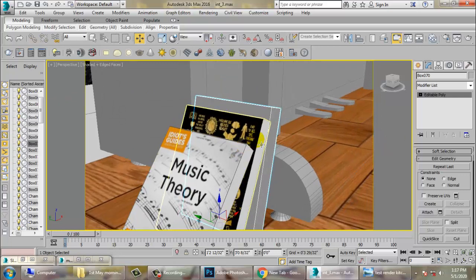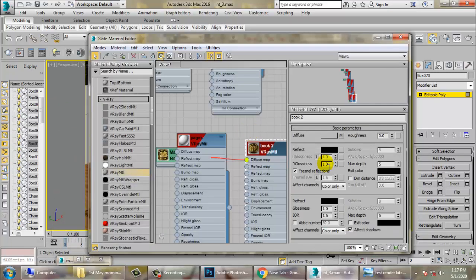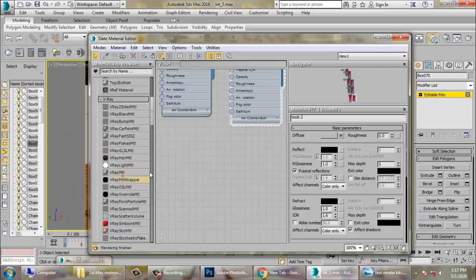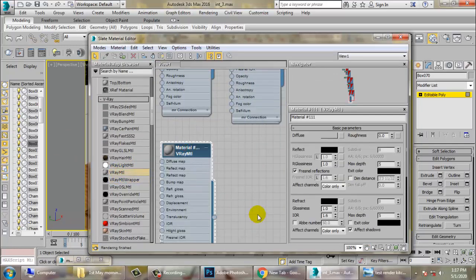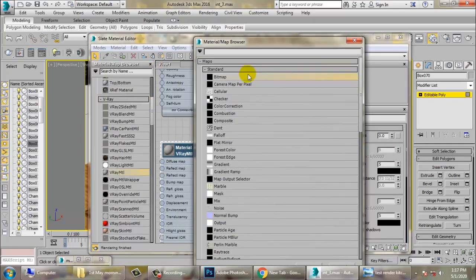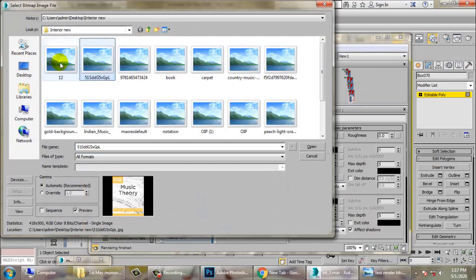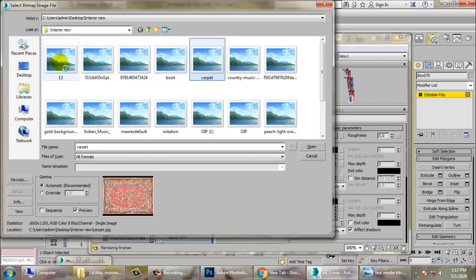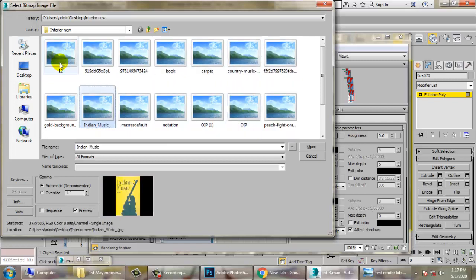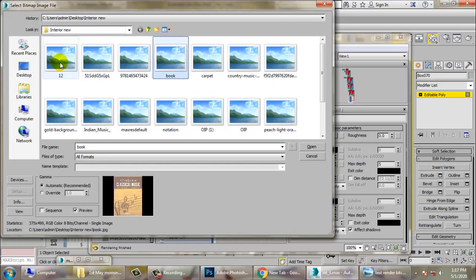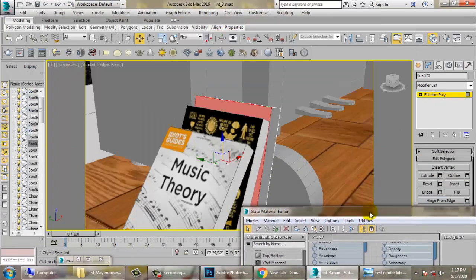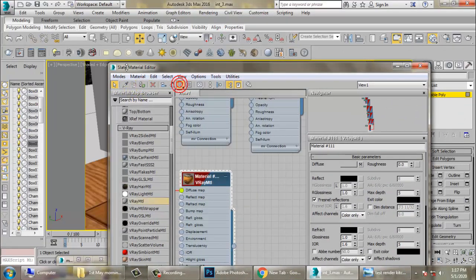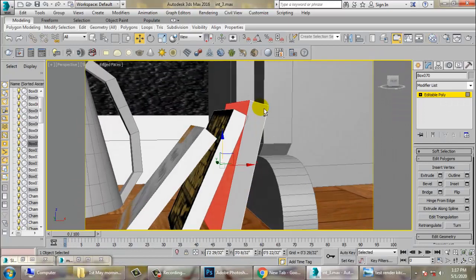So again press 4 over here, material, V-Ray material, and let's go into this bitmap. Let's check out. So we have one more texture over here. So we'll just assign this. So just assign this texture, select this,